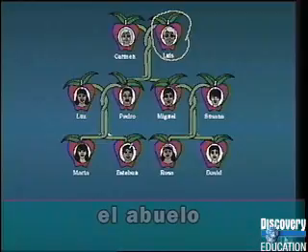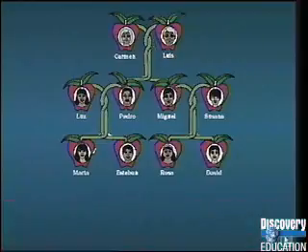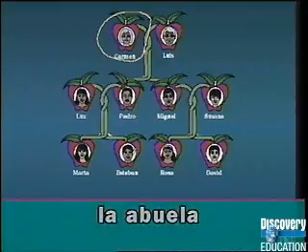Okay. And Pedro's mamá, or madre, is Carmen. What is her relationship to Marta y Esteban? Luis es el abuelo. Carmen es la abuela. La abuela. And again, we see that the O from abuelo changes to A when we're talking about a woman. I think I see a pattern.